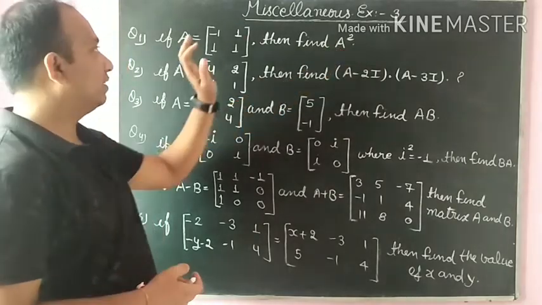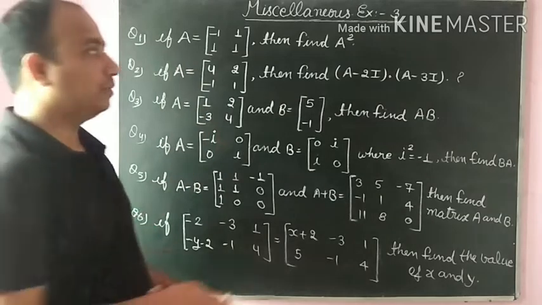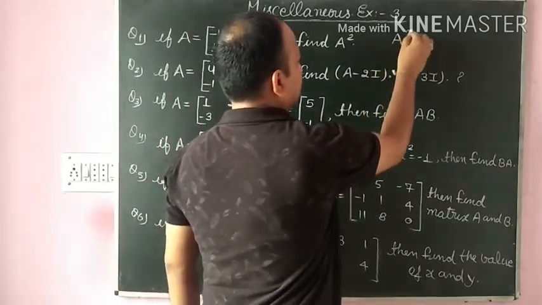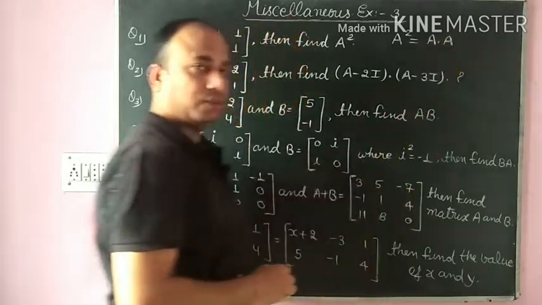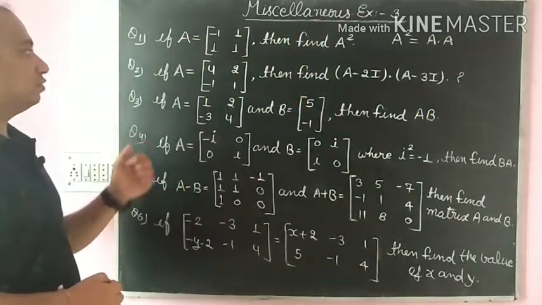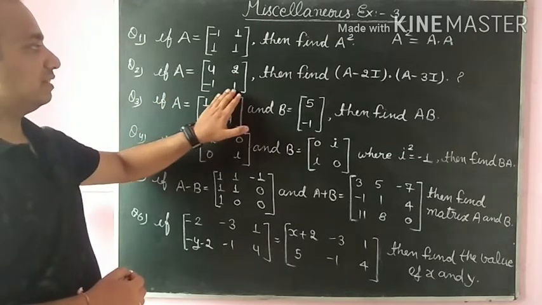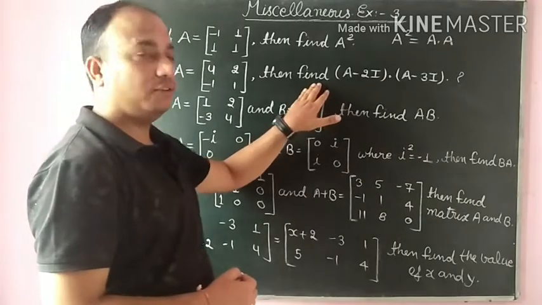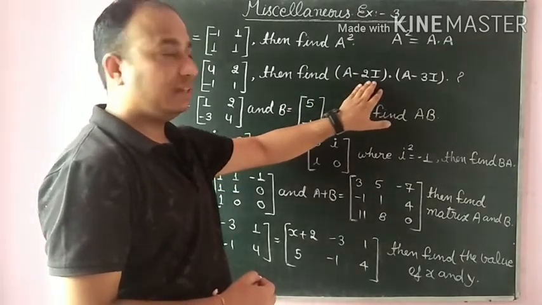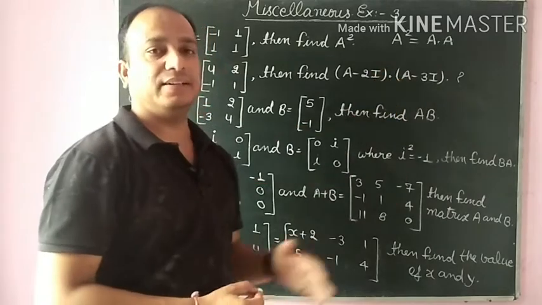You can easily find the value of A square because you know very well that A square is obtained by A multiplied by A. Okay. The second question is, if matrix A equals 4, 2, minus 1 and 1. This is a matrix of order 2 by 2. Then find the value of A minus 2I multiplied by A minus 3I, where I is the identity matrix, and